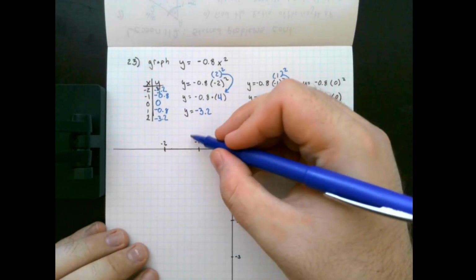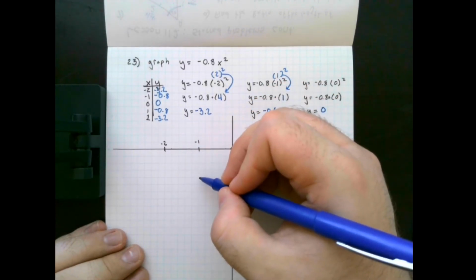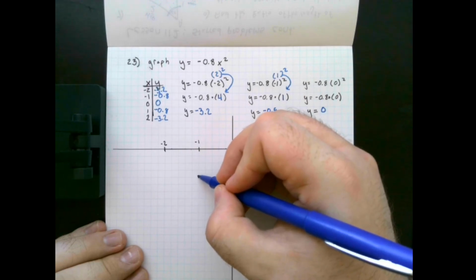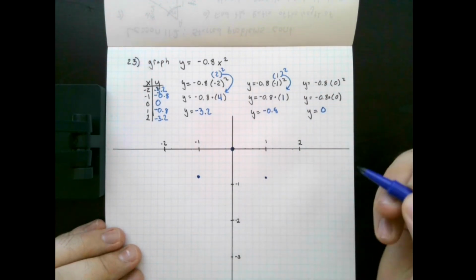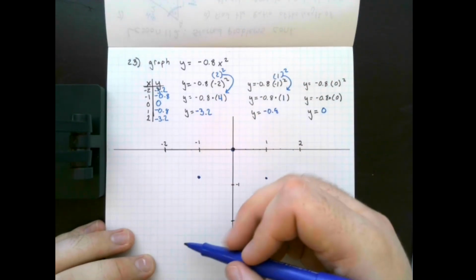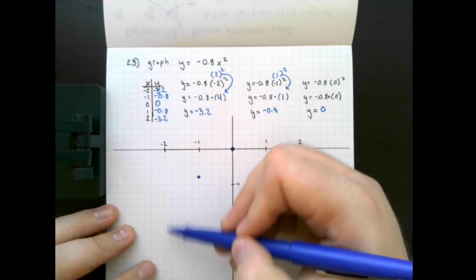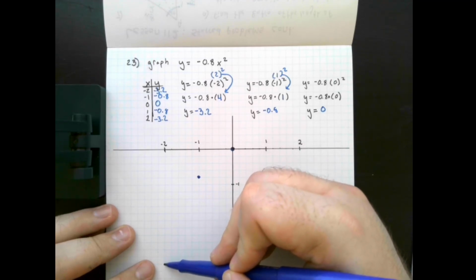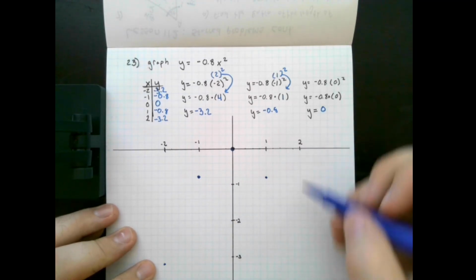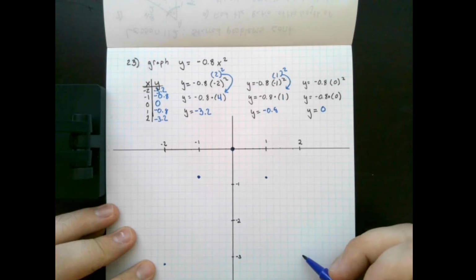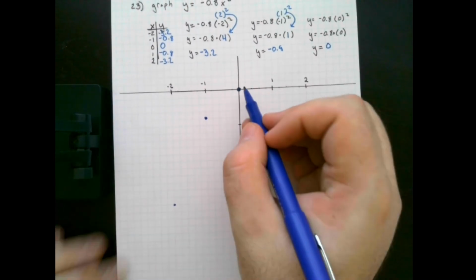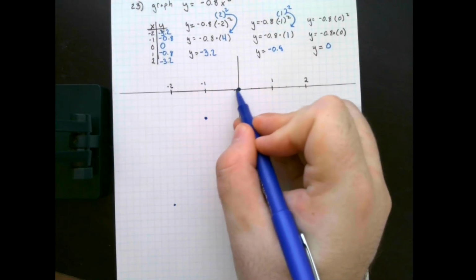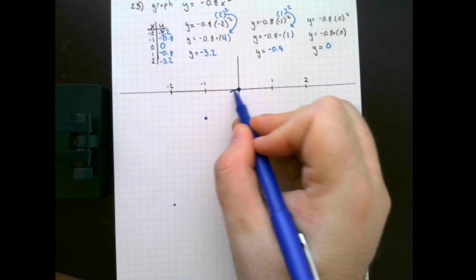I have the point negative 1, negative 0.8, and 1, negative 0.8. And I have the point negative 2, negative 3.2, and 2, negative 3.2. Now, remember, these will not be a straight line, but you're going to want to try and create a